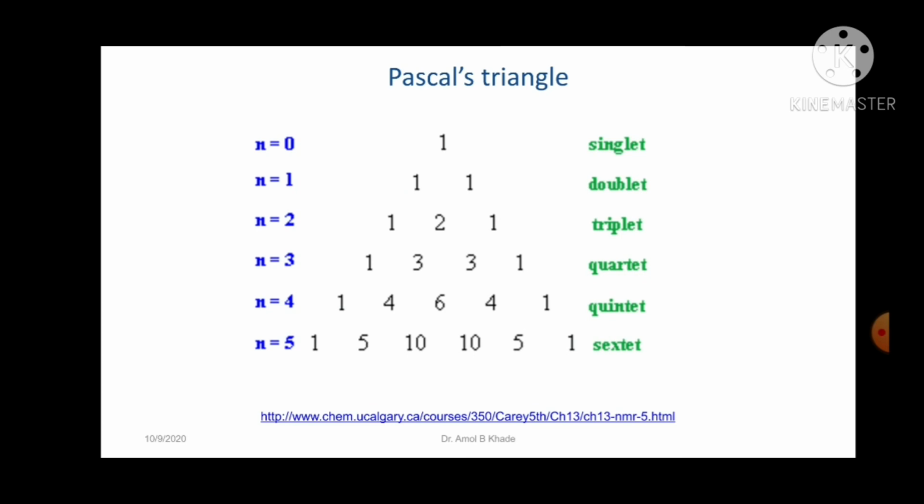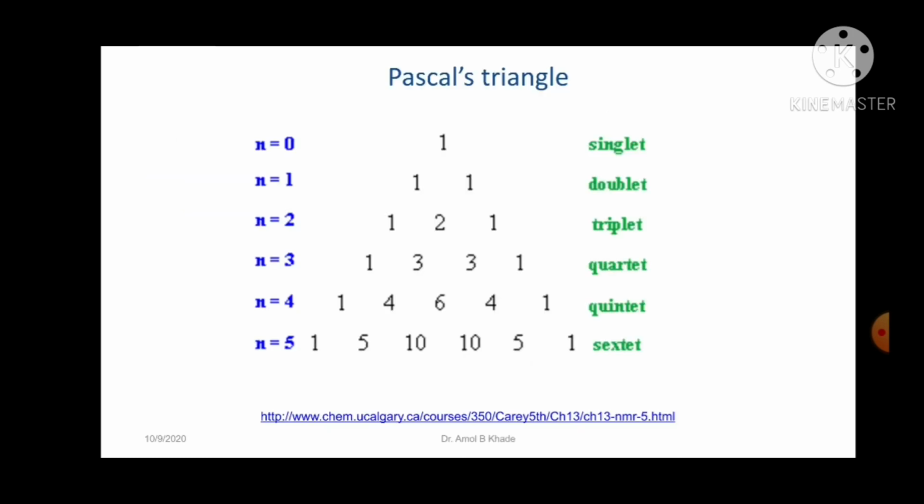Then additionally the splitting lines will have a particular intensity. So if you talk about the doublet, usually we have seen they are appearing in equal intensity. Okay, so that is 1:1, but if you see here a triplet, the intensity is different. Okay, so the first and third lines are less intense, and the center line is almost double of the first one. So this is how we can use Pascal's triangle, and this simplifies the intensity pattern of these multiplets.